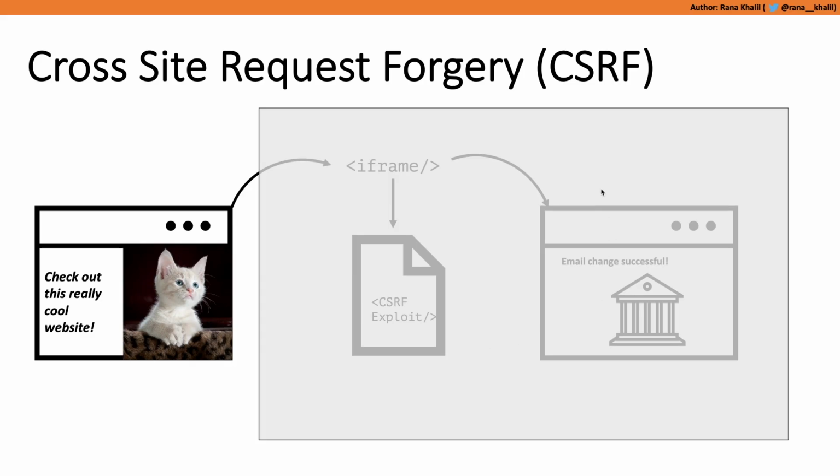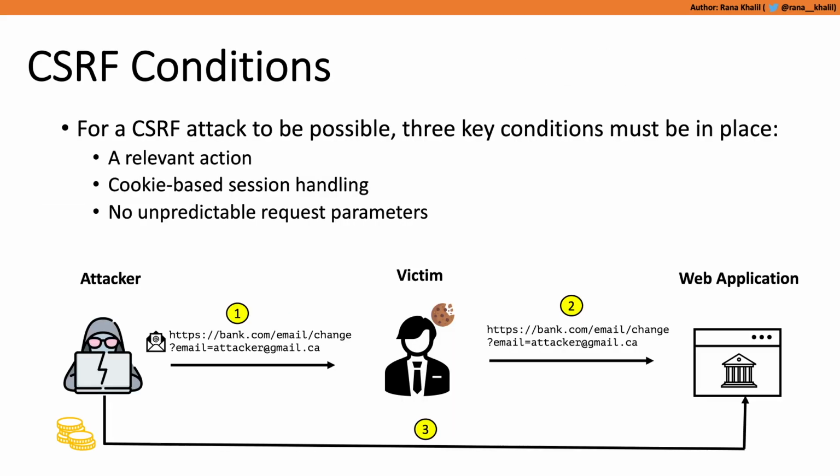And we'll gain hands-on experience in 8 labs performing this exact attack without the victim user even knowing that this happened. So while the victim is looking at cat images, in the background, the attacker has fully compromised the user's account, and the user won't know until the user tries to log into his account and is no longer able to because the attacker changed the password. Alright, we talked about 2 conditions that are required in order for a CSRF attack to be delivered successfully. One is that the attacker has to send an enticing email to the victim that the victim user is going to click. And 2, when the victim user clicks on the link, the victim user has to be already authenticated